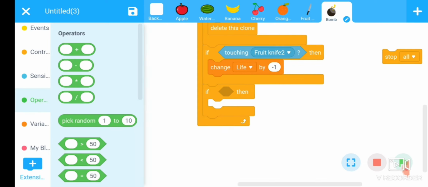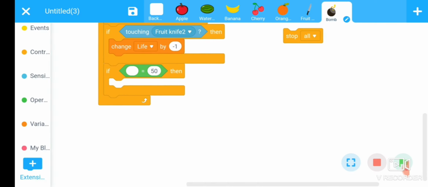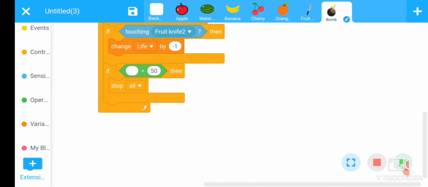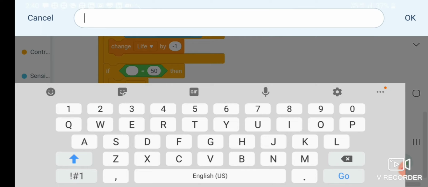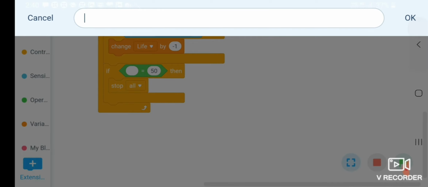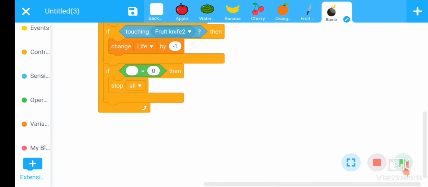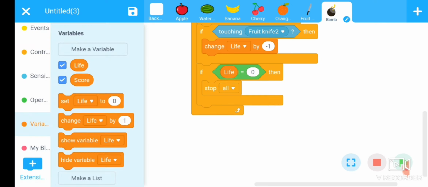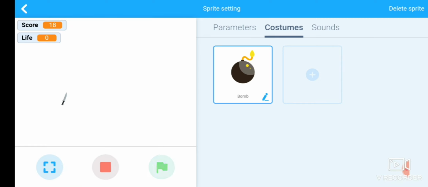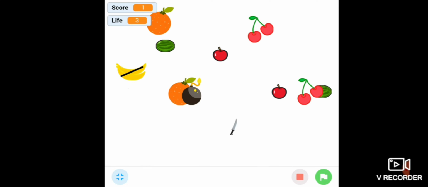Go to operator section. There is an equal operator. Put here life variable, it's 0. Whenever the life variable is equal to 0, game will be stopped. Now start run the game.